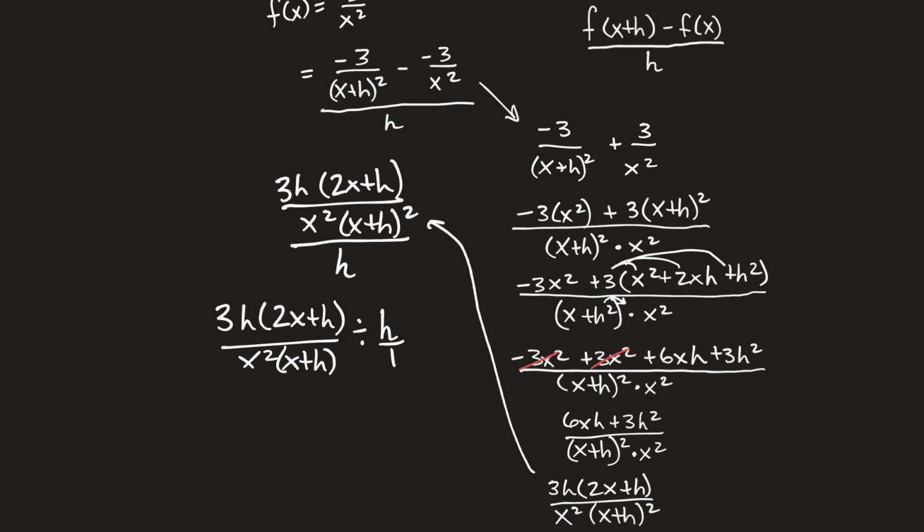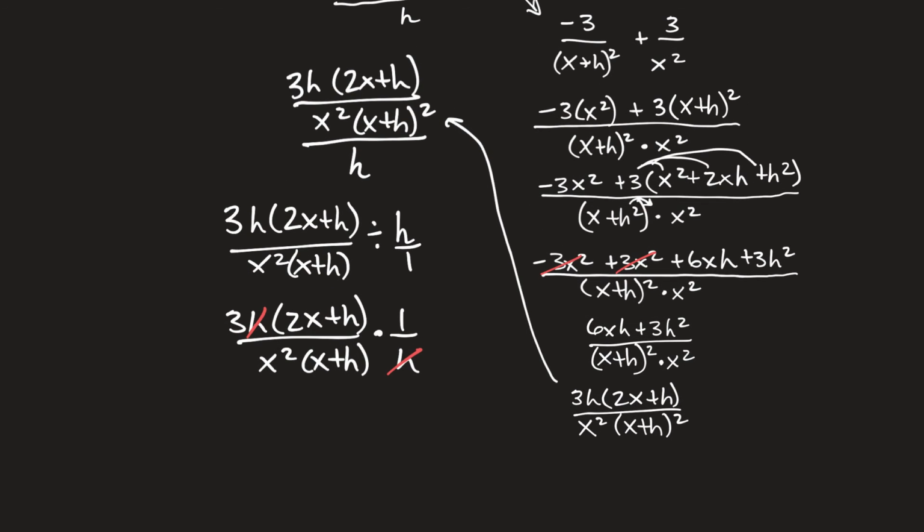And then that's 3h times (2x plus h) over x squared times (x plus h) squared, times, now flip the fraction over, and now we can see that the h's will cancel,